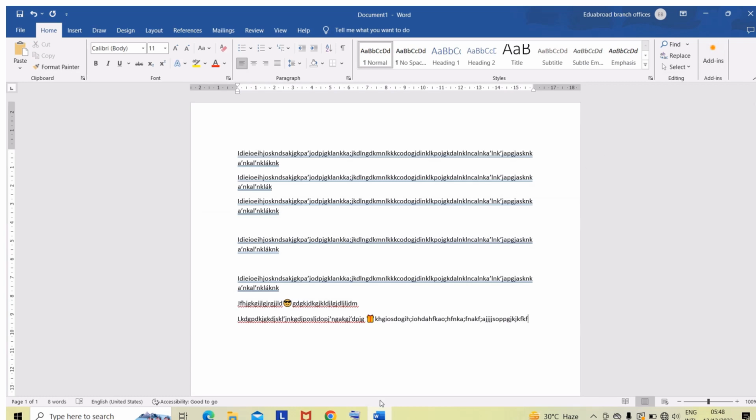Now, do you also know that you can take a screenshot on your desktop? Yes, you heard me right. You can take a screenshot on your desktop. What you do is very simple.